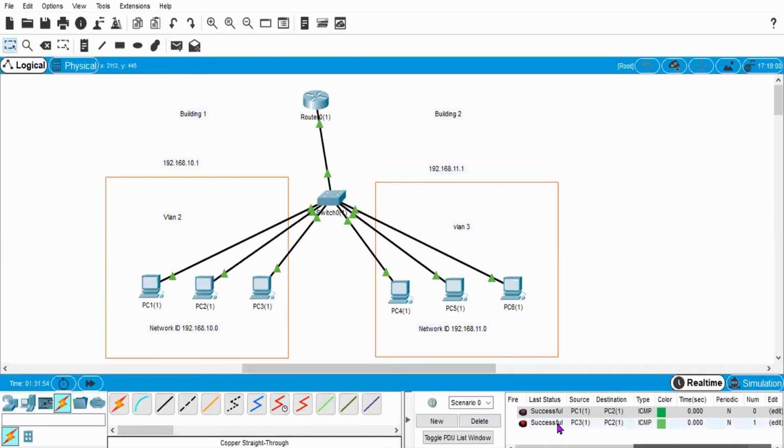Okay, so after this, you can check, we are able to communicate between PCs of the same VLAN. Whatever permutation combination, all the things are successful, but we can't communicate between PCs of different VLANs.